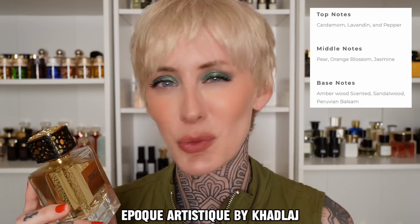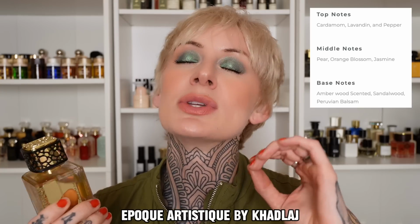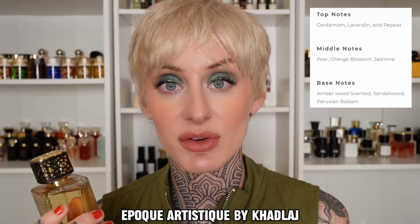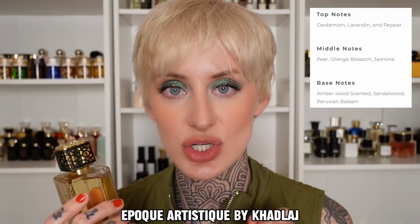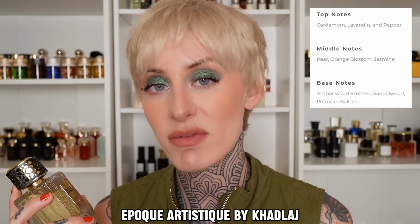This last one is from the brand Cadlage. I'm sure you guys have seen them all over TikTok because they're super viral, but this fragrance right here, I know I'm going to butcher the pronunciation, Epoque Artistique. We'll go with that. This is, I think, 45 bucks. This smells like a $200 to $300 fragrance. This is beautiful. Similar to a lot of the other fragrances in this video, we do have a lavender,